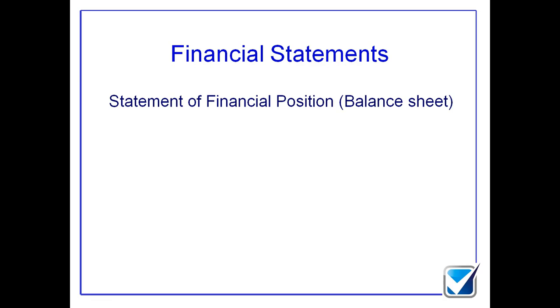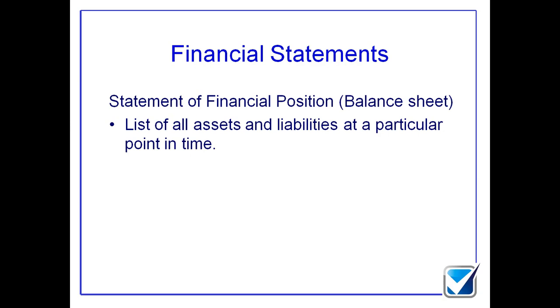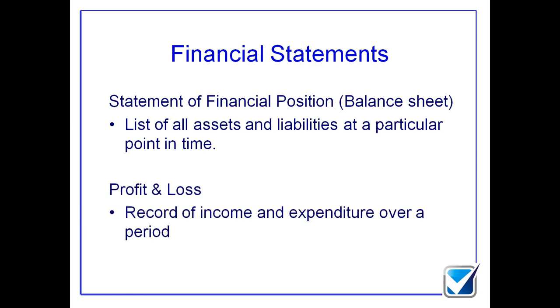Fantastic. Right, we're going to start off by looking at financial statements then. So we've had a general background as to why we're doing all these different types of things. So let's have a think about what we actually end up wanting to do. We're going to produce a statement of financial position, and then we're going to produce a profit and loss account. Is this going to be useful for me?